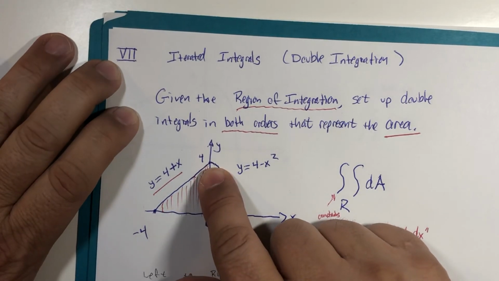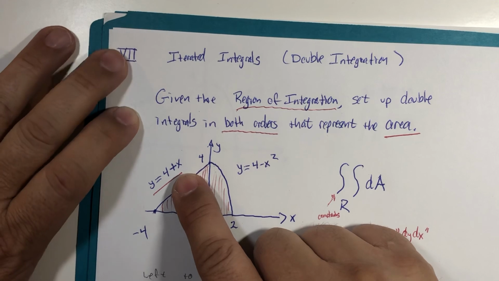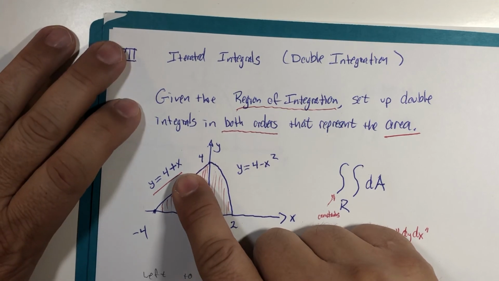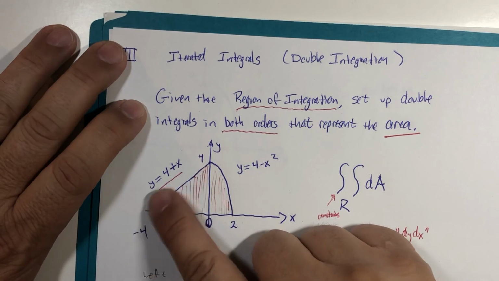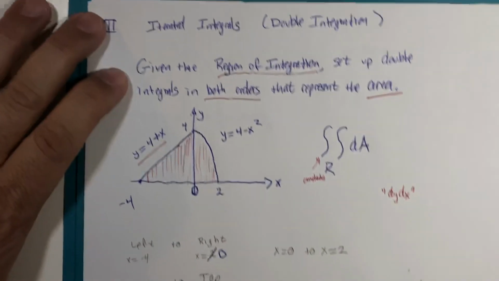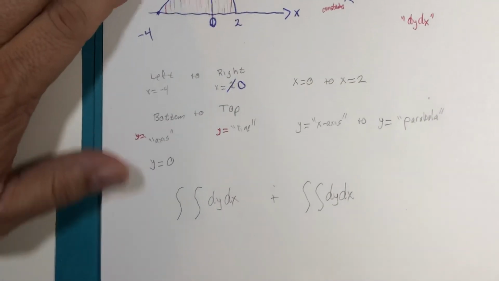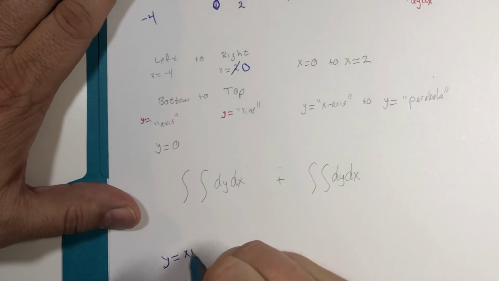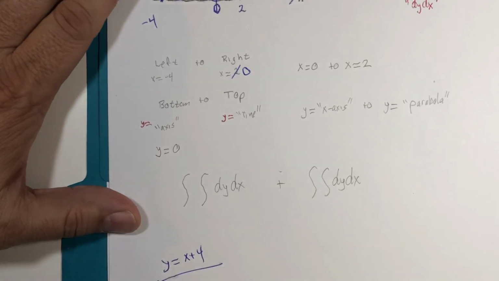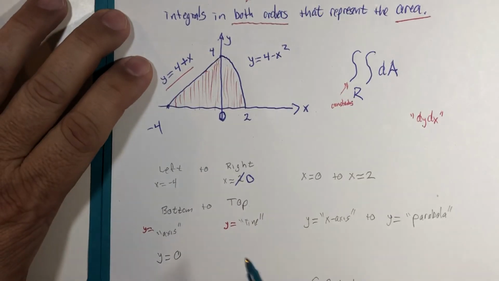Y-intercept is 4, slope is 1. I wrote it y equals 4 plus x because I think I've been doing too many parametric equations. It just felt natural. Y equals x plus 4 is the same equation. If I take this line, and I'm going to slide here for some scratch paper, y equals x plus 4, that is the top boundary here